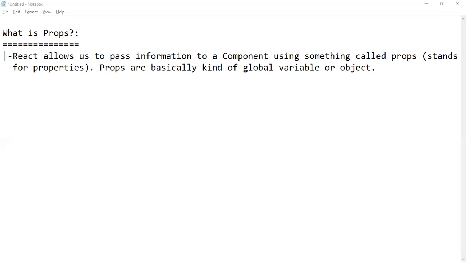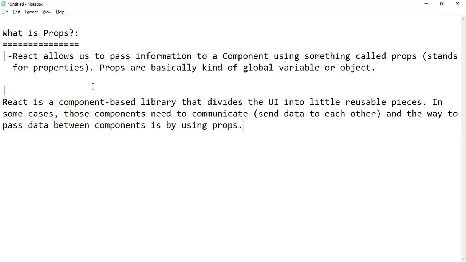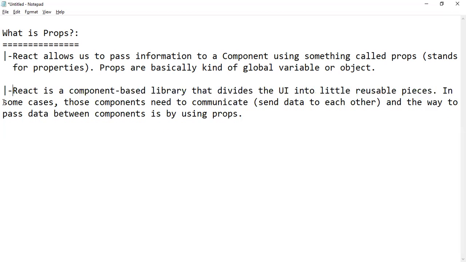Actually, React is a component-based library. So we have several components. React is a component-based library that divides the UI into little reusable pieces.